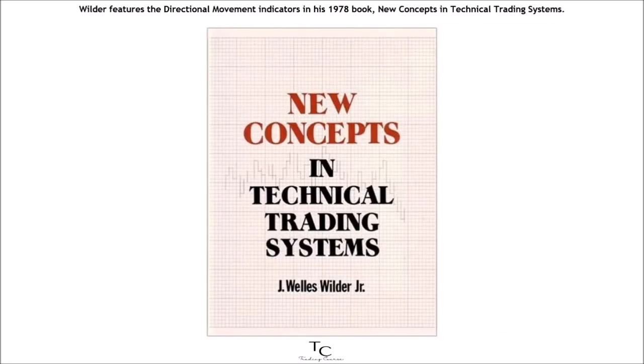Wilder features the directional movement indicators in his 1978 book, New Concepts in Technical Trading Systems. This book also includes details on average true range, ATR, the parabolic SAR system and RSI. Despite being developed before the computer age, Wilder's indicators are incredibly detailed in their calculation and have stood the test